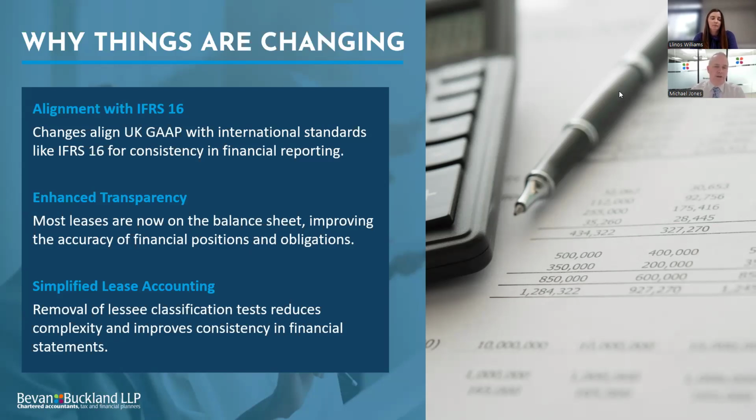But the actual changes now with FRS 102, they've almost removed operating leases and tried to make everything a balance sheet item. So it's simplified accounting to a point, because they've made it all a capital item. So hopefully it'll help people. There's still a little carve out for short-term, low value items, but in the main, most if not all leases will be treated as an asset in the accounts.